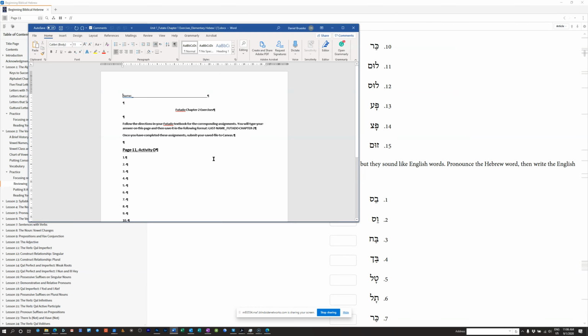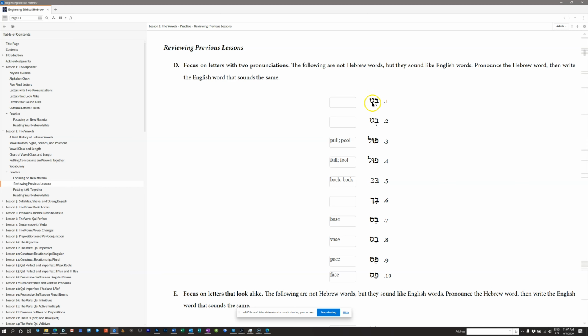The difference here between number 1 and number 2 is the dagesh in the bet. That changes the pronunciation from bet to vet. So you get that V sound when the bet is missing its dagesh. And if you want to refer to this dagesh-less bet as a vet, that's fine with me. Most people will still refer to it as a bet, but if it helps you remember, I don't mind you referring to this as a vet and this as a bet.